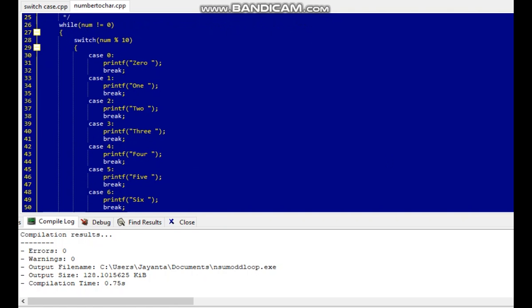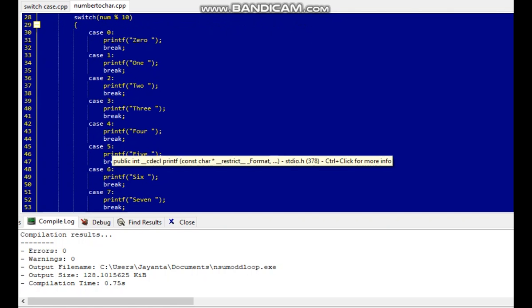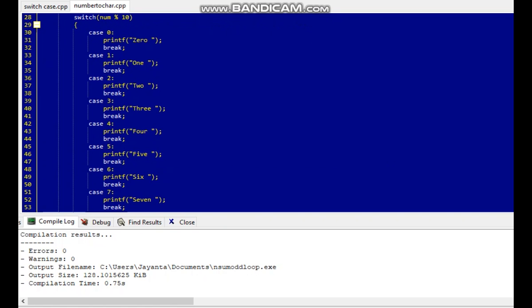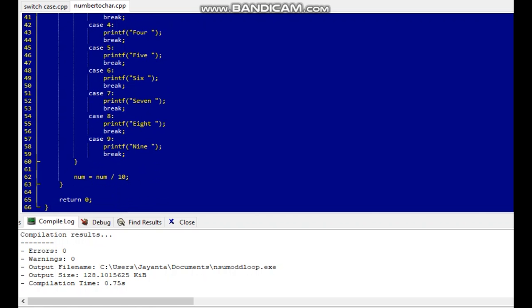For 4, it should be printed as FOUR. For 5, FIVE. 6, the spelling is here. For 7, and so on up to 9. After that, num equal to num by 10.